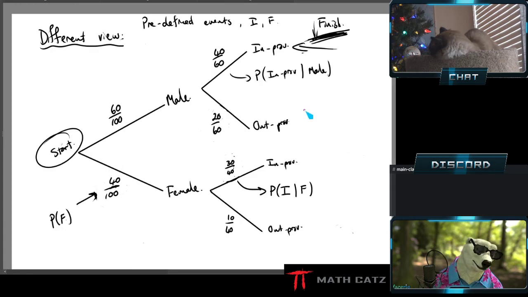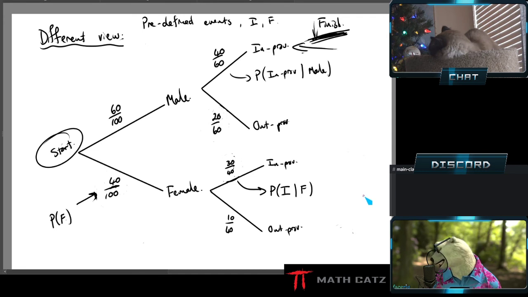In my conceptual scenario, the interviewer selected a person, then asked first, are you male or female? Then the province was their follow-up question. So I set up my tree like that. I had to make a decision. It doesn't actually matter which question was asked first. In another conceptual scenario, the interviewer could ask first, are you in province, out of province? And before their next question, they whisper to me, the person was in province. What do you think is the chances that they're female?